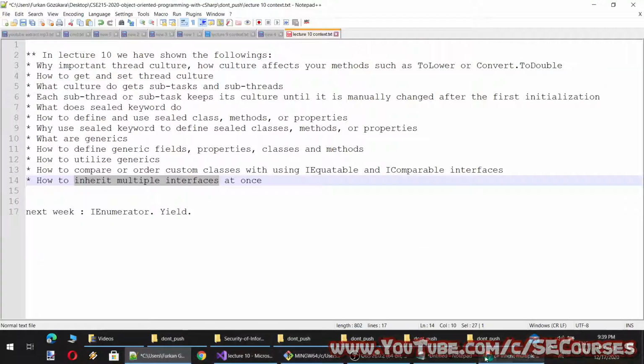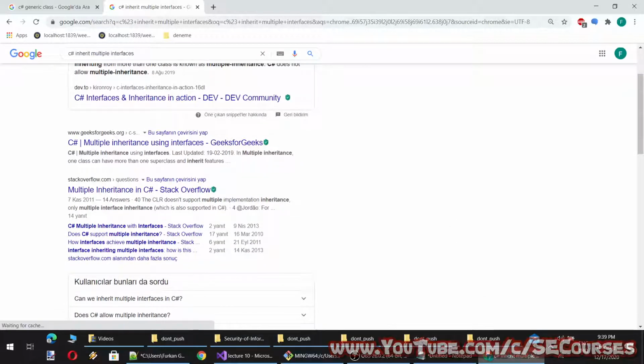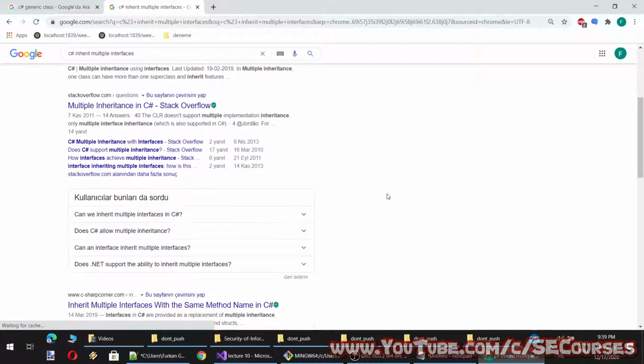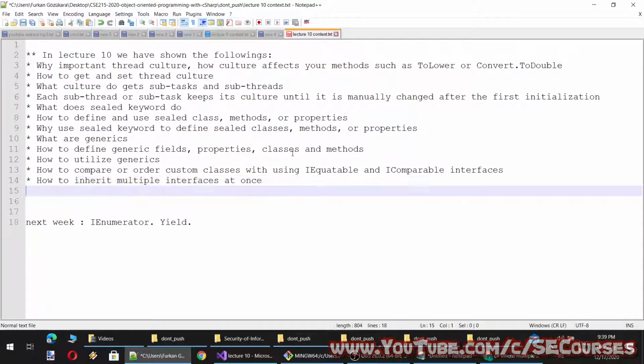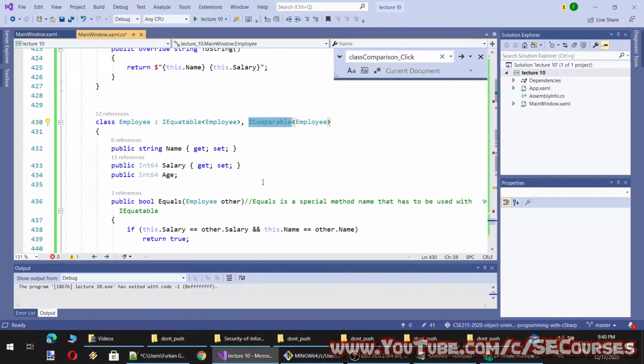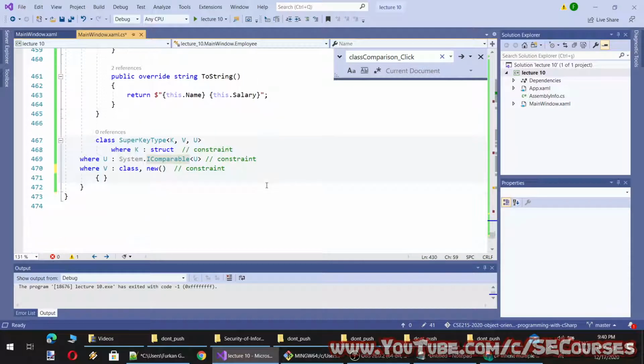Okay, I think this. How to inherit multiple interfaces at once.